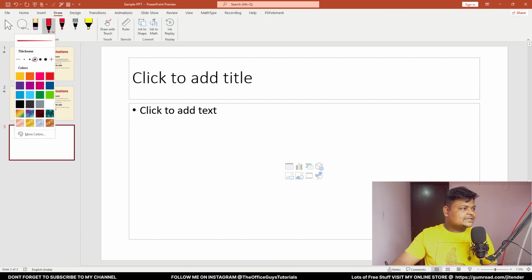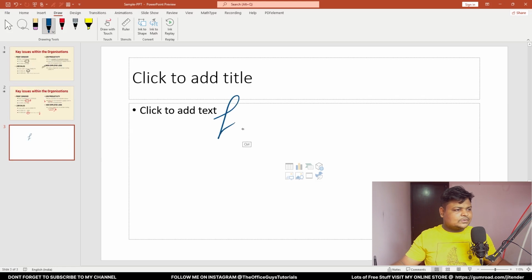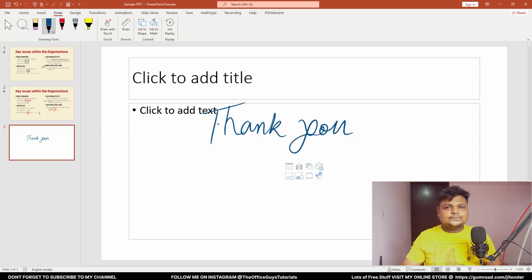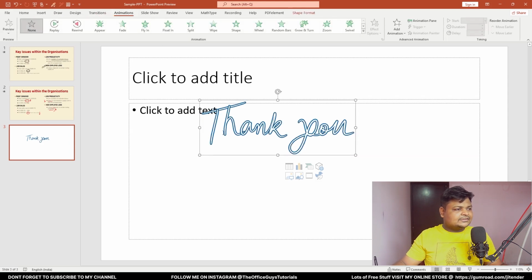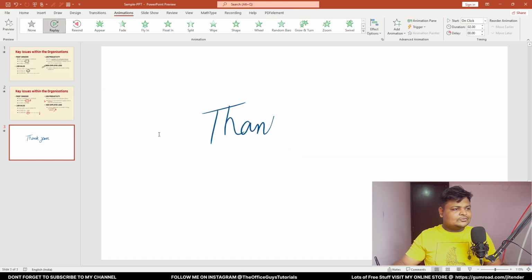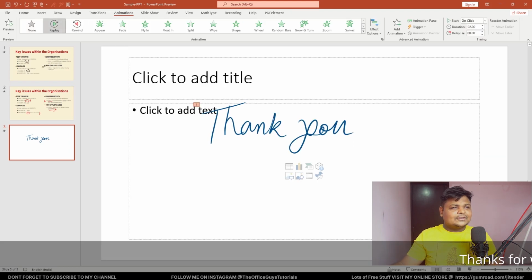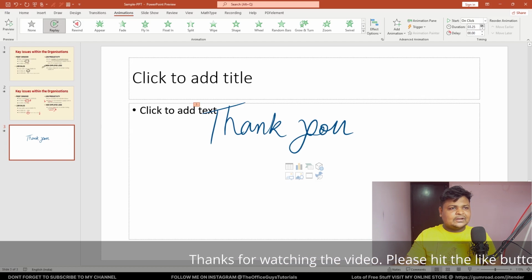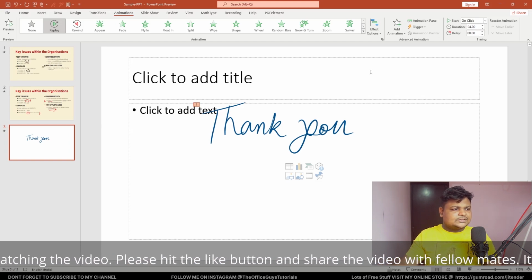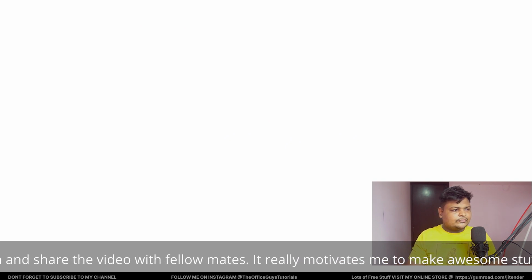Let's say I'll take some blue color and write, like, okay, Control Z I'll do. Thank you. So very easily, once again I'll come out of the tool, come to the Animation tab, select this, and I can replay. You can see it's going pretty fast, so let me increase the duration. This time I'll increase the duration. Let's say 4 seconds looks fine. And let me show you a preview.